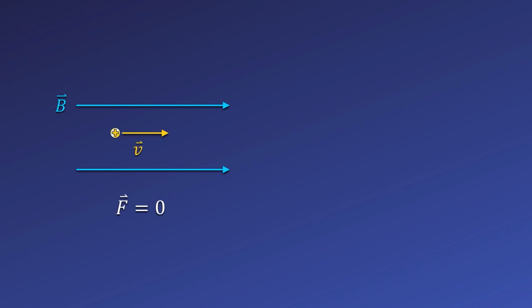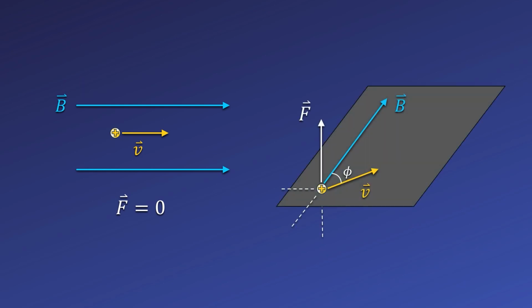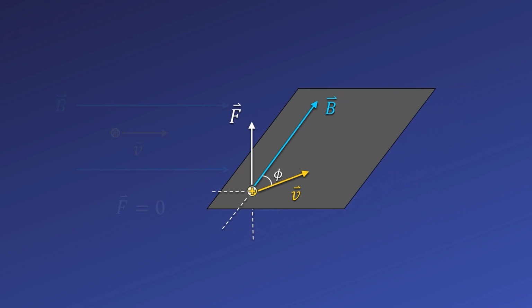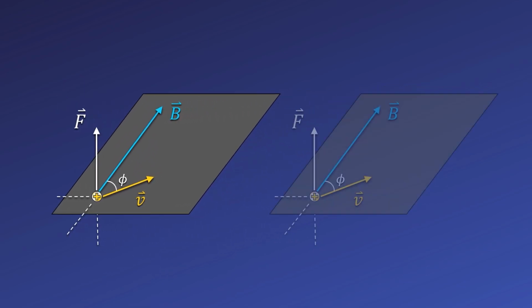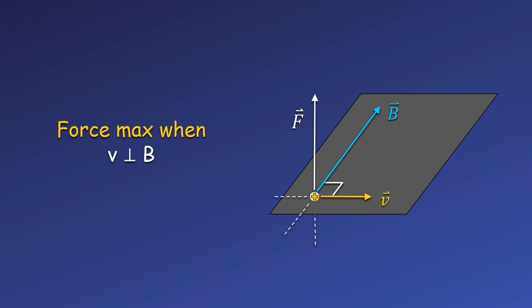If the charge begins moving in the same direction as the field, it will still not feel a force. However, if the charge is moving in a way that is some amount perpendicular to the field, then it will feel a force. This force will be perpendicular to both the magnetic field and the velocity. We saw a charge moving parallel to the field feels no force, so the smaller the angle, the weaker the force becomes. As we increase the angle, the force increases and is maximum when the velocity is completely perpendicular to